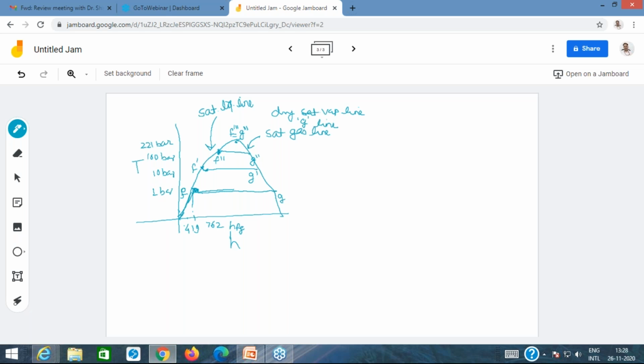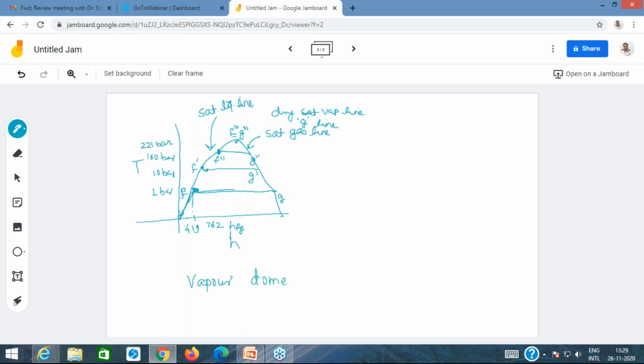And what you get as the outcome is the vapor dome. It's a very important dome. This vapor dome gives you an understanding of the behavior of steam, especially in practical applications like power plants, wherein you use the water-steam combination as a working fluid, right? So suppose you take a boiler operating at 1 bar.